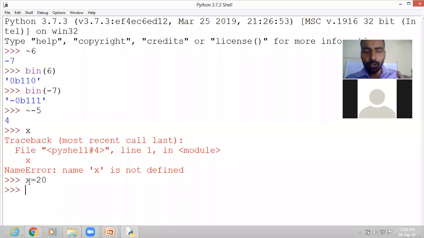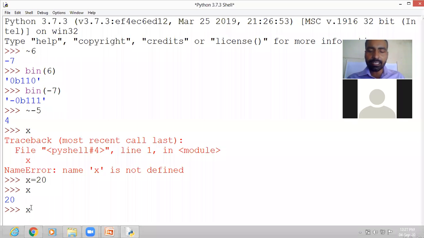And if you want to print the value of x, you can write x or you can write print x. See, the value is printed. So that means in Python, the variable is created only when we assign some value to it. When we assign some value to it, then only the variable is created in Python. And if you want a definition, you can say a variable is a label or a name which holds some value. In Python, a variable is a name or a label which holds some value.